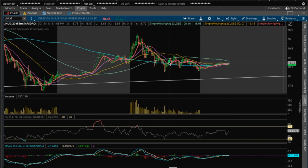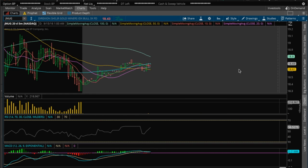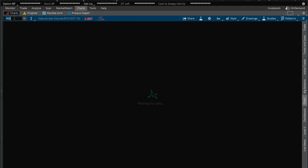When it got above the 20 MA here, I thought we were going to possibly continue higher and break the 50 MA, but we were unable to do that all day. And it faked me out a couple times. Faked me out here, and it faked me out here. So always keep your stop losses tight. After hours looks like it's gained the 20 MA, but I don't really care that much for the after hour action until open. Let's finally look at natural gas